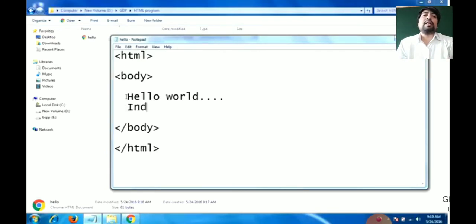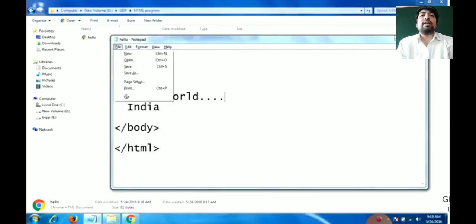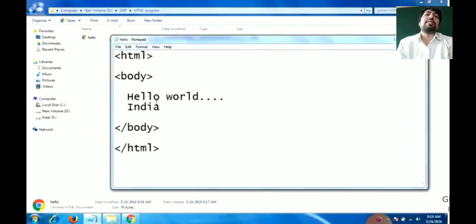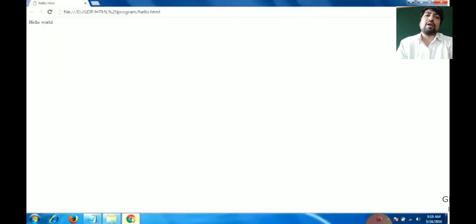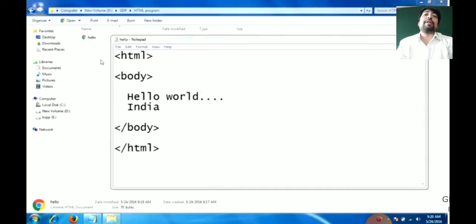You can see very clearly over the web page the HTML document is there. At the same time I am changing my document from Notepad. You can watch very easily. After changing any word, just save from the File menu. Just save the document, and after going to my original web page, just refresh the page. It will change the document written inside the web page.